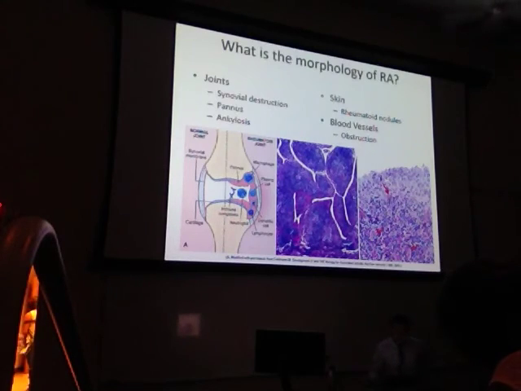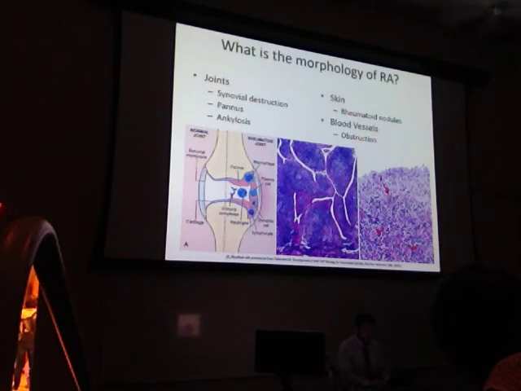These are lymphoid aggregates that are starting to form. These red arrows are pointing to these lymphoid aggregates, which are T cell bundles forming lymphoid types of tissues within the joint itself. And of course, our classic pictures